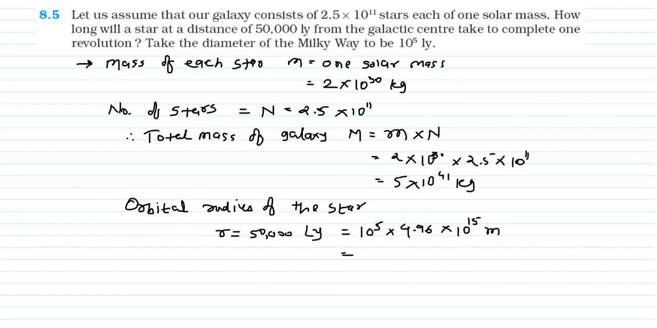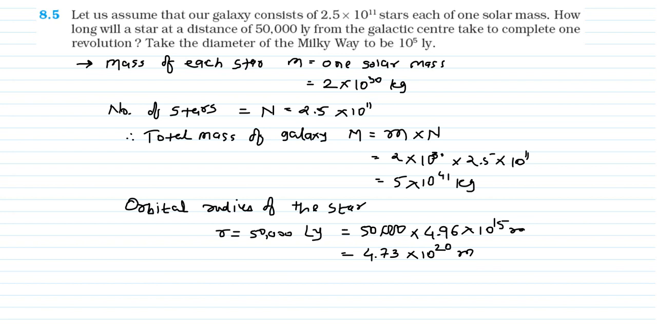So that is 50,000 and 1 light year is equal to 4.96 into 10 raised to 15 meter. So when you solve this, it is 4.73 into 10 raised to 20 meter, right? So here you want to find out